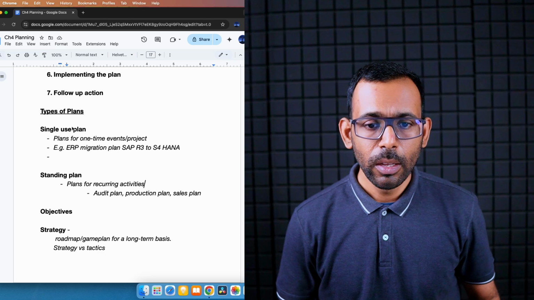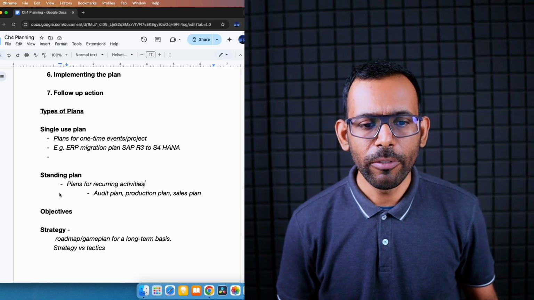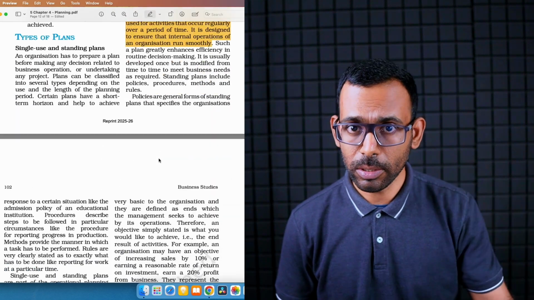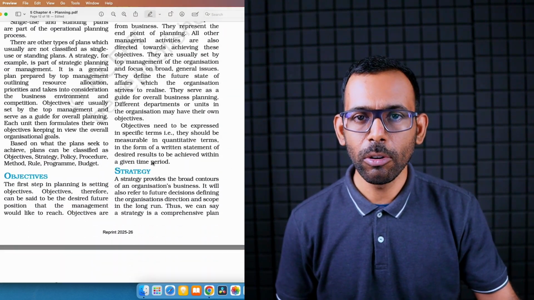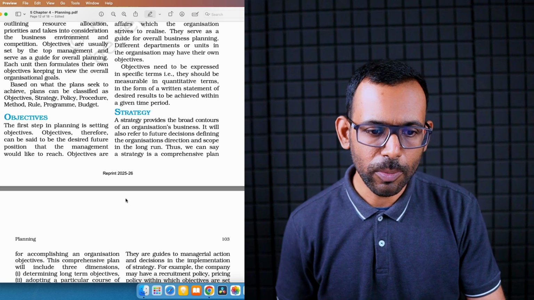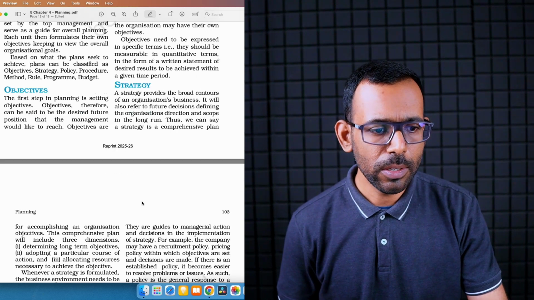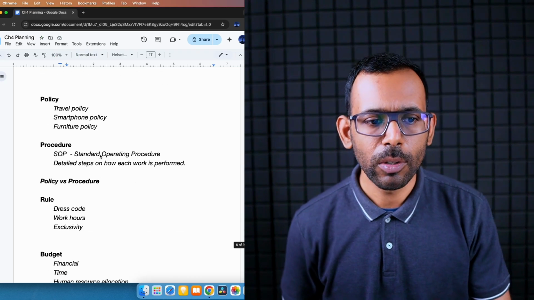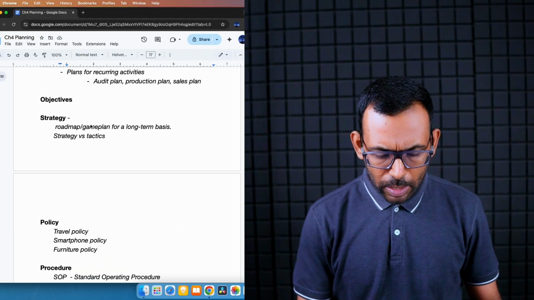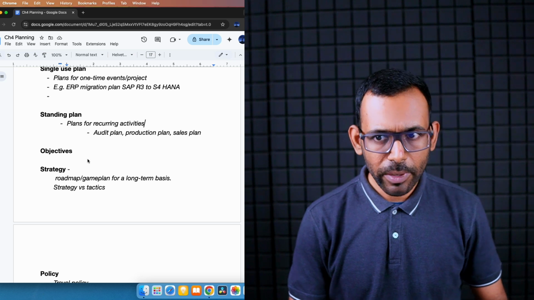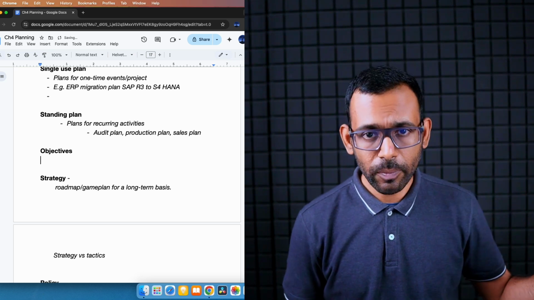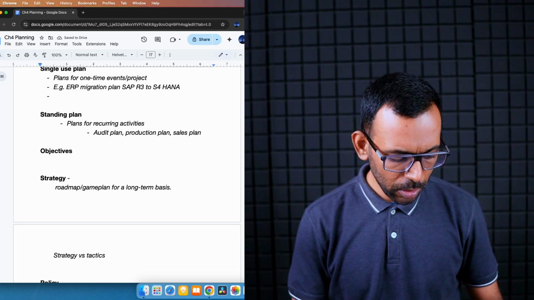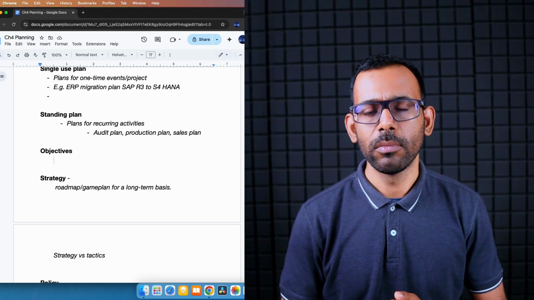Now in the material, you have been provided a lot of other isolated, standalone topics like objectives, strategy. It's like a glossary, but they all are related to this entire planning activity of management. So you are given objectives, strategy, policy, procedure, rule, and budget. Let us see them in detail one by one. So first is objectives. It is pretty similar to whatever we have been discussing in our entire business studies journey from chapter 1. So objectives are exactly goals.